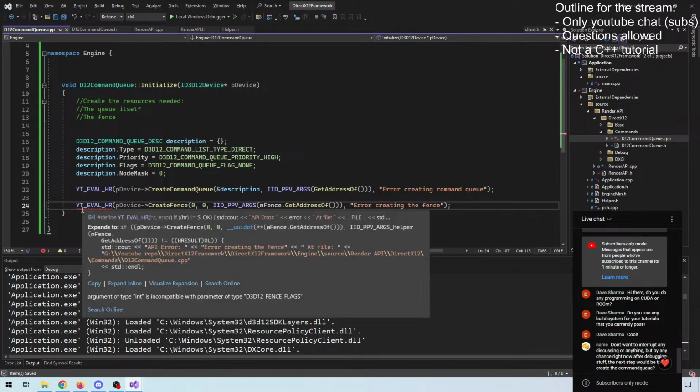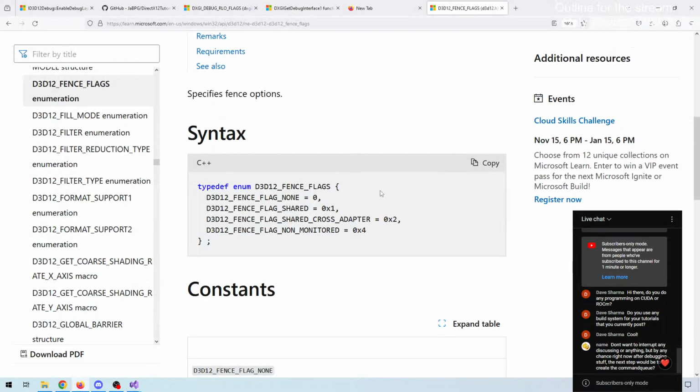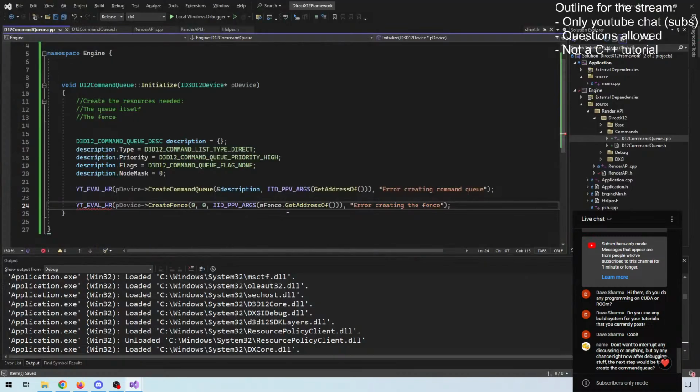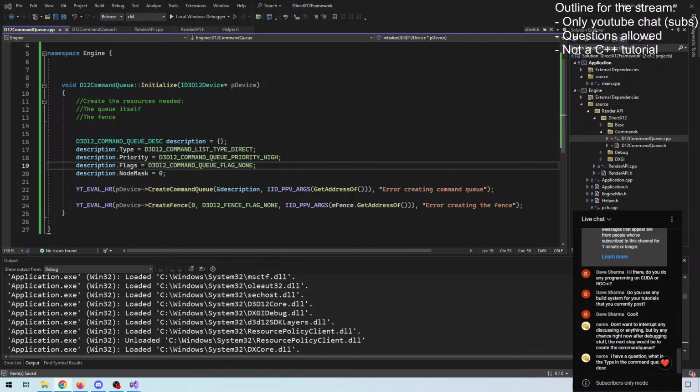Okay, what does it want? Fence flags, okay, it wants the actual flag here. It's an enum, okay. I'm sorry, I could of course cast it, but yeah, I've already done or started up doing the command queue wrapper here. So that follows